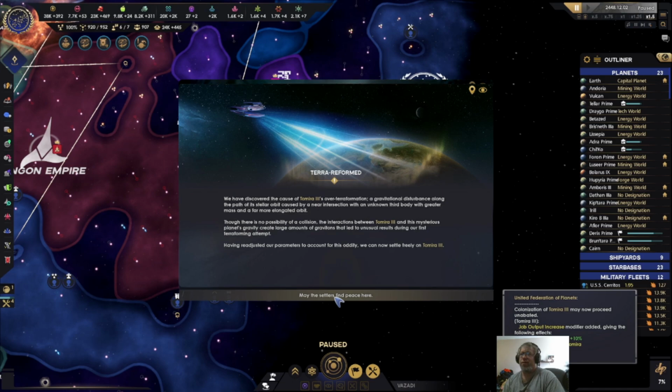Okay. So the cause of Tamira 3 is over terraformation. A gravitational disturbance along the path of its stellar orbit caused by a near intersection with an unknown third body with greater mass and a far more elongated orbit. Though there is no possibility of collision, the interactions between Tamira 3 and this mysterious planet's gravity create large amounts of gravitons that led to unusual readings during our first terraforming attempt. Having readjusted our parameters to account for this oddity, we can now...